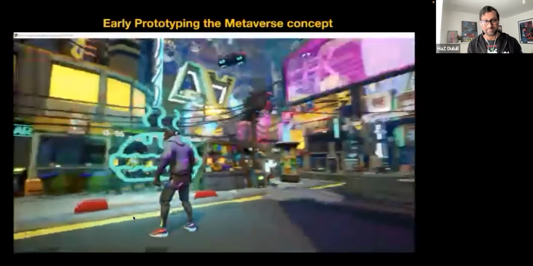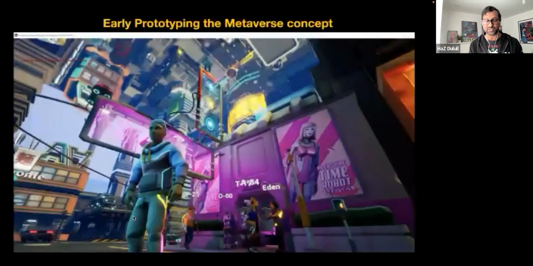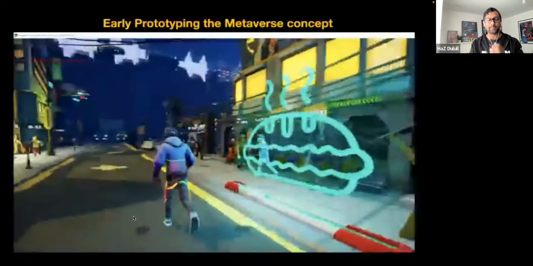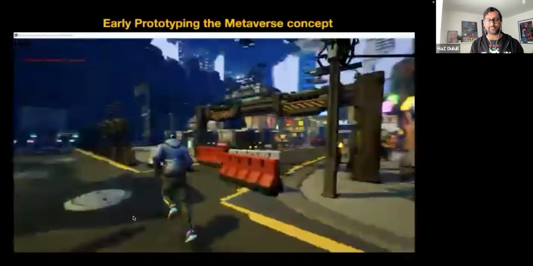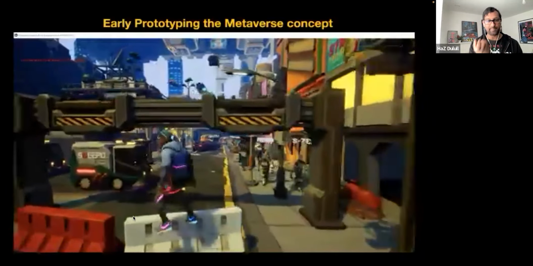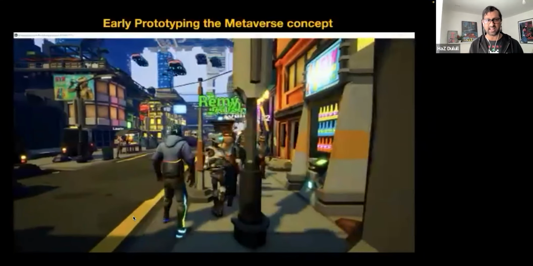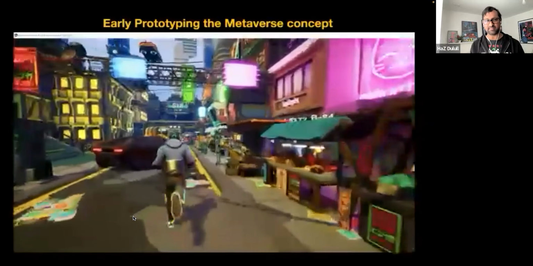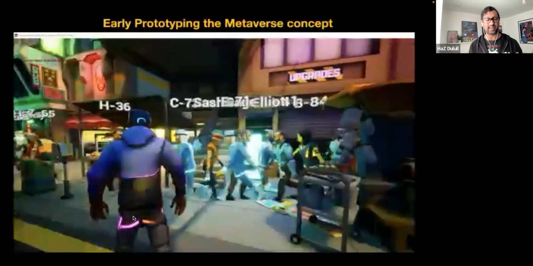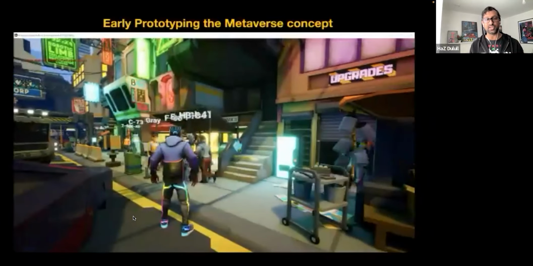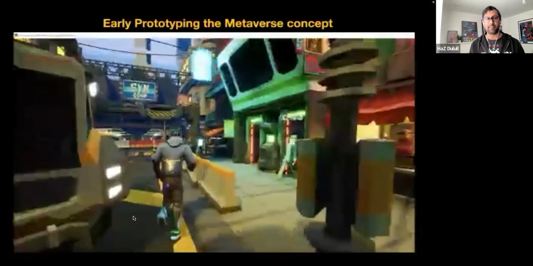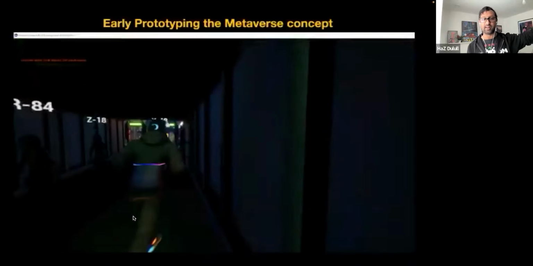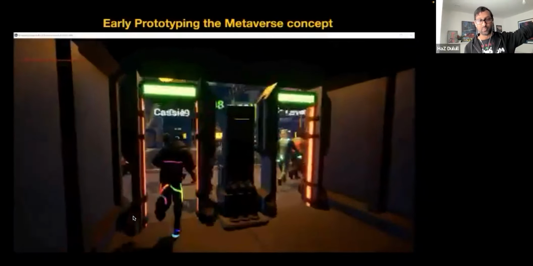We could make it a big metaverse MMO style game using all the assets we've built and extend it further. And we really loved the idea. But the problem was, these guys don't have the latest NVIDIA graphics cards or high-end PCs, let alone a laptop. These guys are tech VCs or tech companies or esports companies, and they just have mobile phones and iPhones and iPads. So we ended up using something called pixel streaming, which is basically, for those who don't know what that is, running a version of Unreal on the cloud on an Amazon web server.